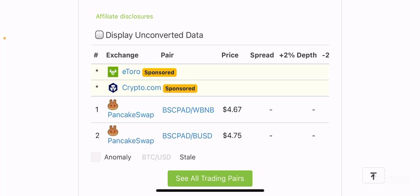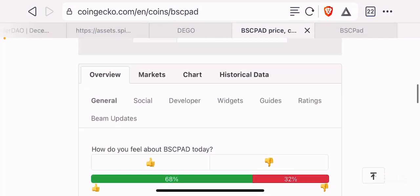You can even provide liquidity, I believe, in PancakeSwap, and hodl there, right? I believe most of the PancakeSwap APYs or APRs are 100% or above 50%, right? And I believe that this project, if it does have a liquidity mining program where you can stake or provide liquidity to the BSCPAD wrapped BNB pool and earn cake tokens or some other token for at least 50% APR, or there are multiple projects in PancakeSwap that offer more than 100% APR. So if this project offers 100% APR, you are buying a project that has incredible potential